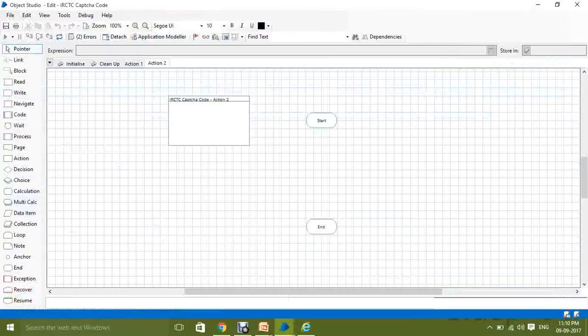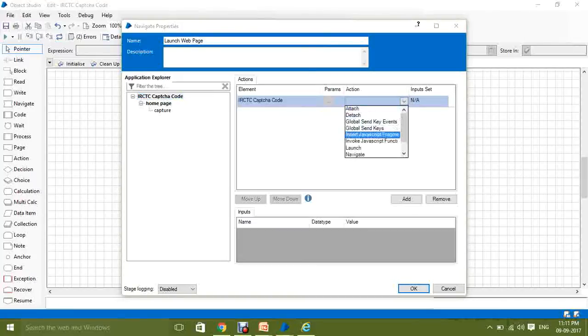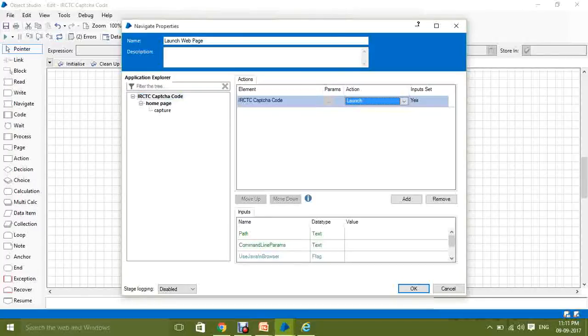Now my turn is to create the flow for capturing the IRCTC code. For that, I am dragging and dropping a navigation stage, and I'll rename it as Launch web page. So I want to launch the IRCTC website. I say my action as launch.